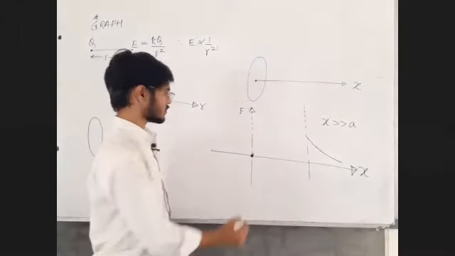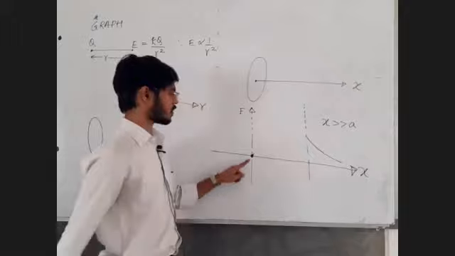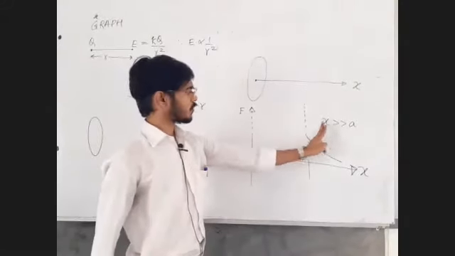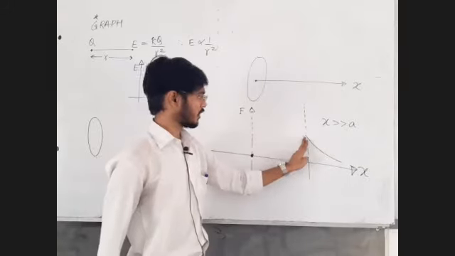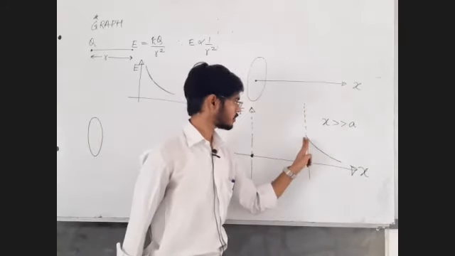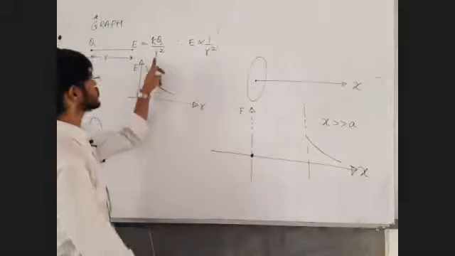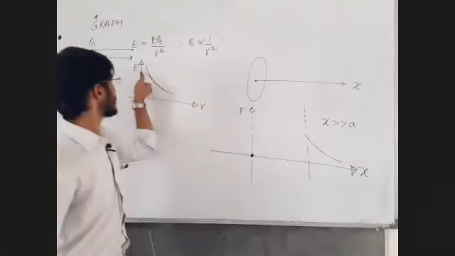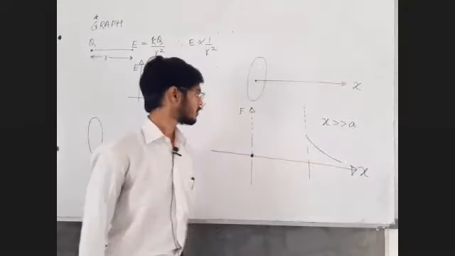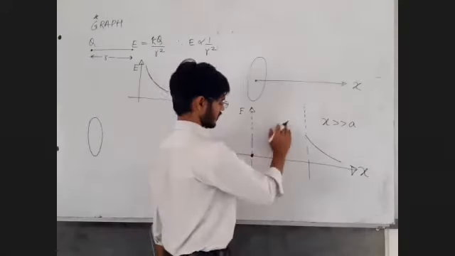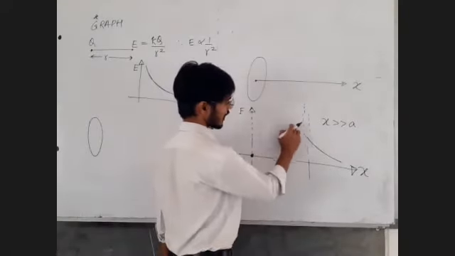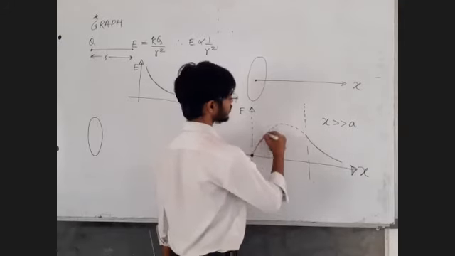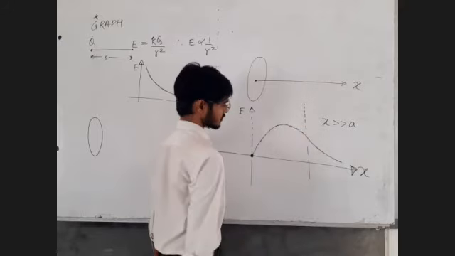Sir, at the center of the ring the electric field is 0. So this point I plotted. For large values of x, it is going to be proportional to 1 upon x square, so it is going to decrease. As x or r increases, the electric field should decrease. So the same nature of graph I have drawn here. So in this region, definitely the electric field should go on increasing, and then it should start decreasing. So I am predicting the nature of the graph, something like this.